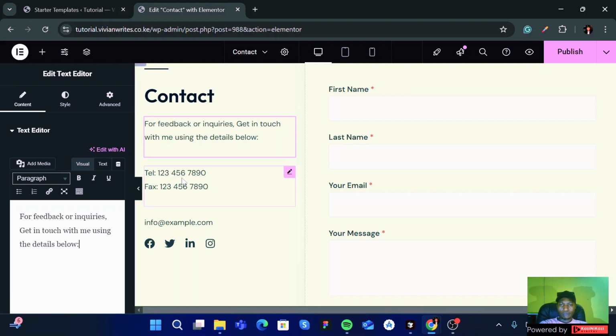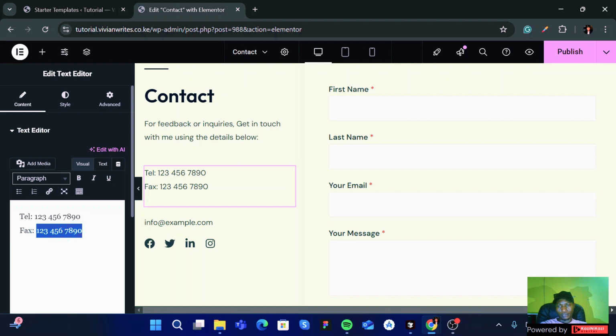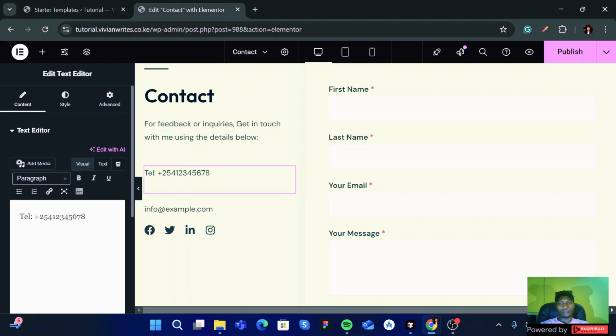All right, there is a telephone. Just click on this telephone, and then here we will adjust the number. So for this case, if it's Kenya, we just input +254 1 2 3 4 5 6 7 8. Okay, something like that. Do the same for fax. If you don't have a fax, you just delete it,